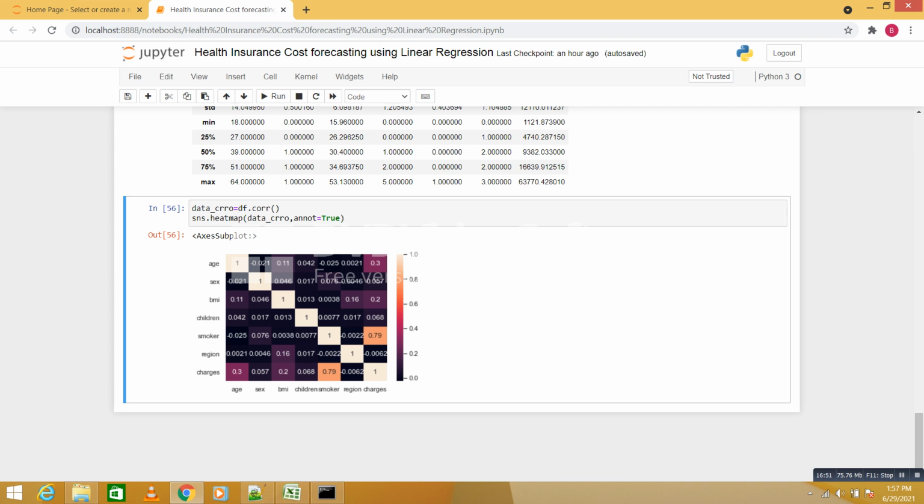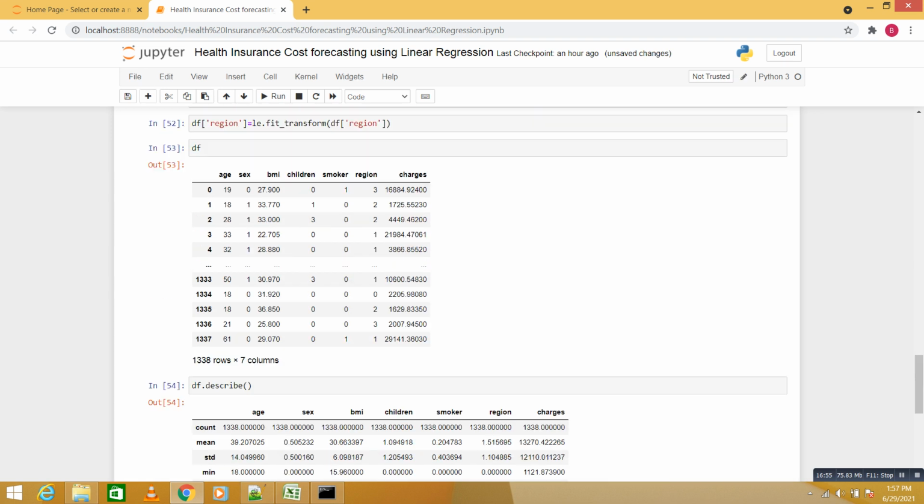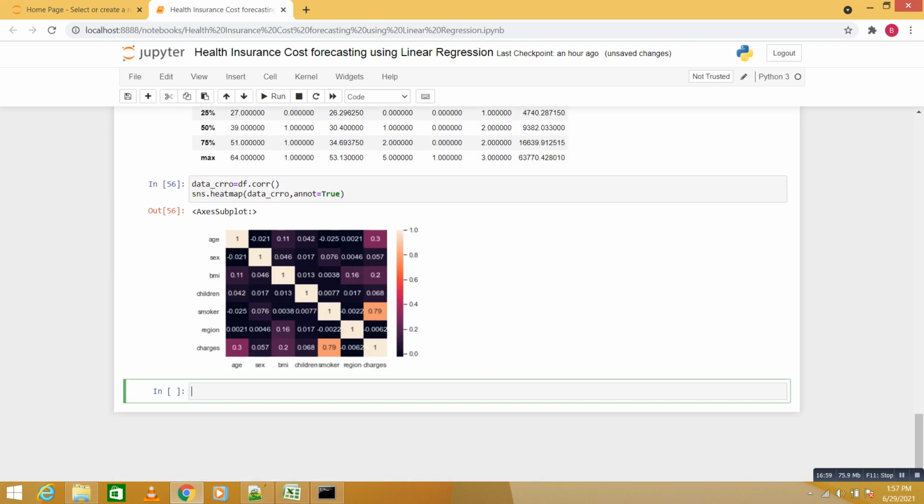Okay, see here we have not defined linear regression, so we say from sklearn dot linear model import linear regression.